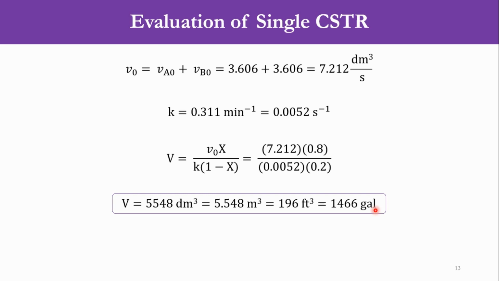We need a reactor volume of 1466 gallons, or 5.548 cubic meter, to get the required conversion. Now we will move to the parallel reactor and then the series reactor. In that case, we have been given that there are two 800 gallon reactors present, and we have to find the conversion of